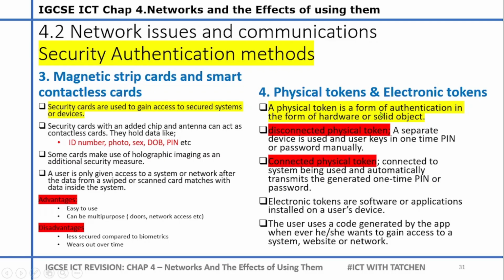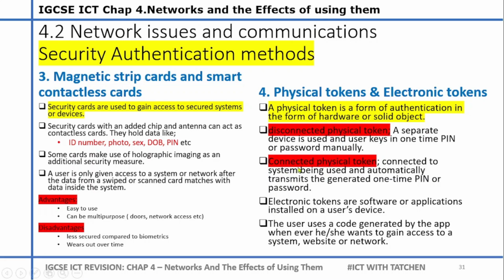A physical token is simply a form of authentication in the form of a hardware or solid object. The name physical means it's something you can actually see. A disconnected physical token is a separate device, and the user keys in a one-time PIN or password manually. You can disconnect it from the device, and when you're using it, you key in a PIN manually to get access to a